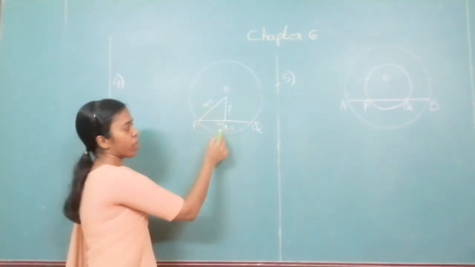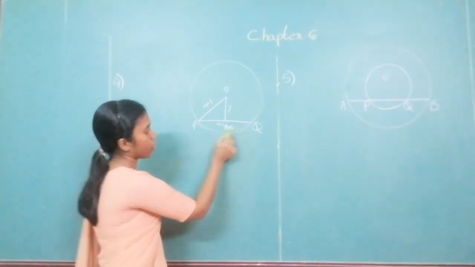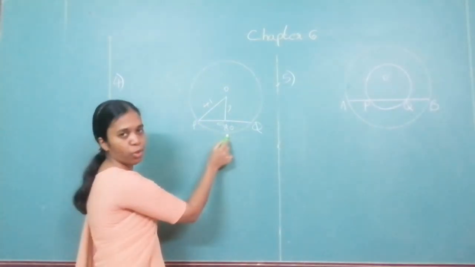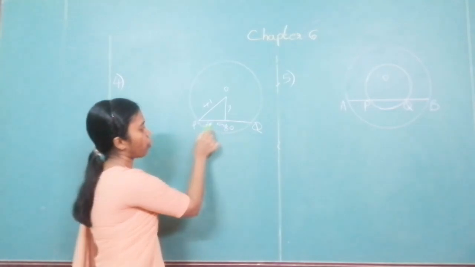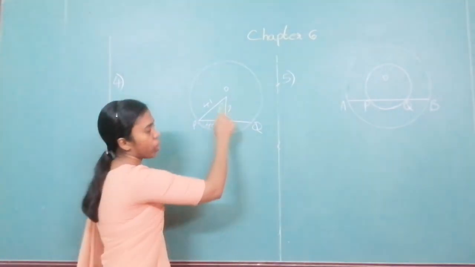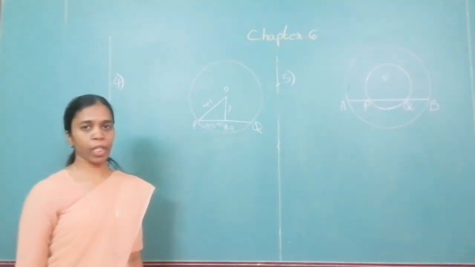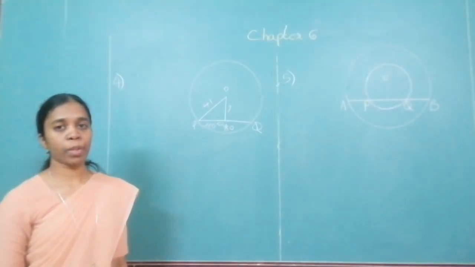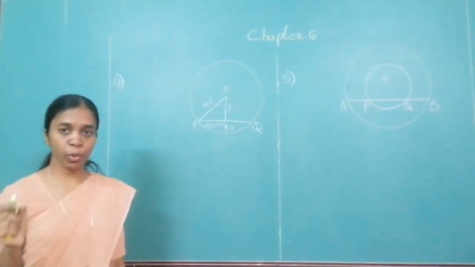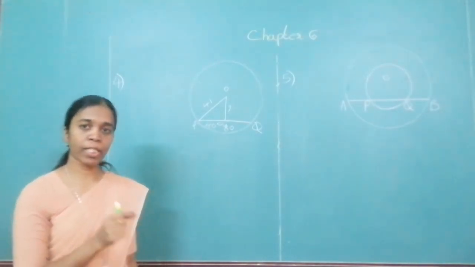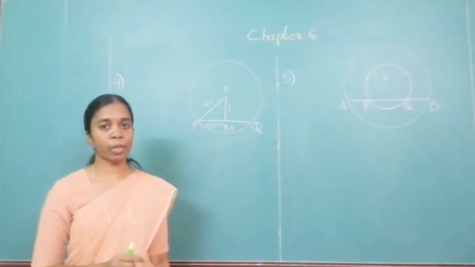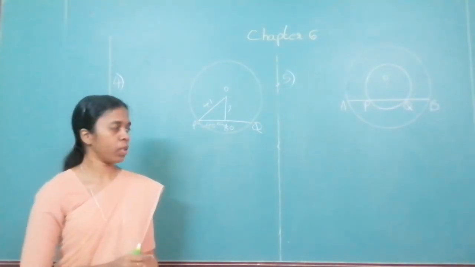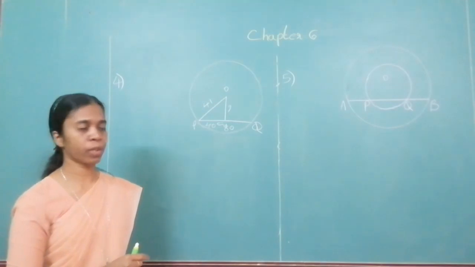Now this is 41, chord is 80. So how much will this be? Half of this. That will be 40. Okay. So I think by using Pythagoras theorem again you can find it. Only remember, it is given to you in unit, so please mention it as unit only. Don't write it as centimeter or meter over there. Okay? Whatever is mentioned, please do it.